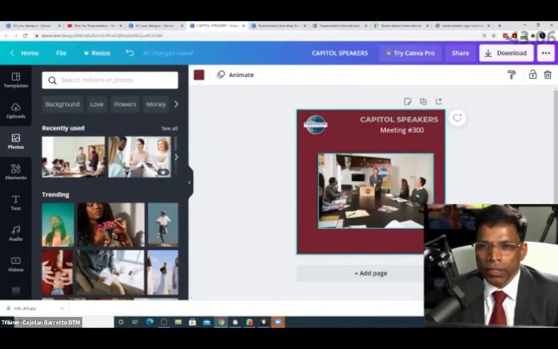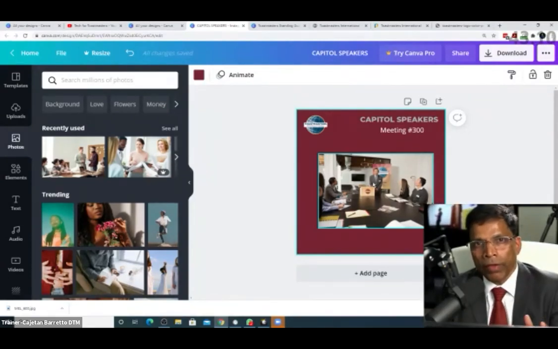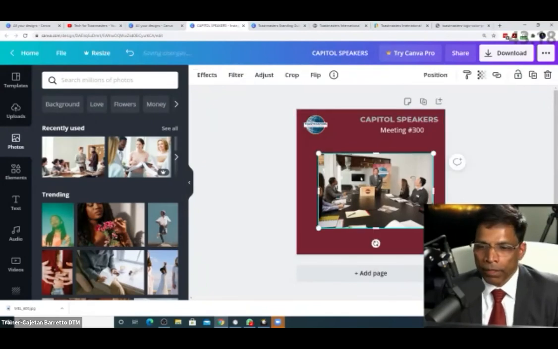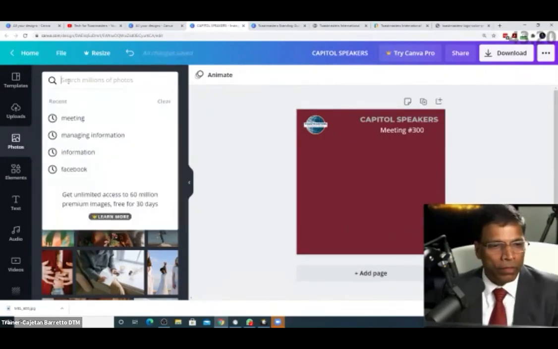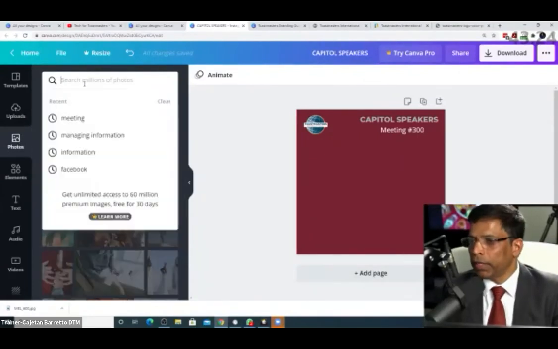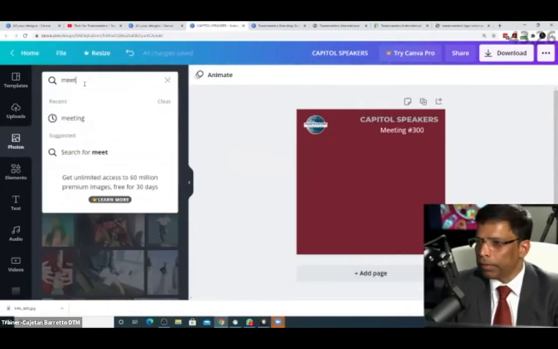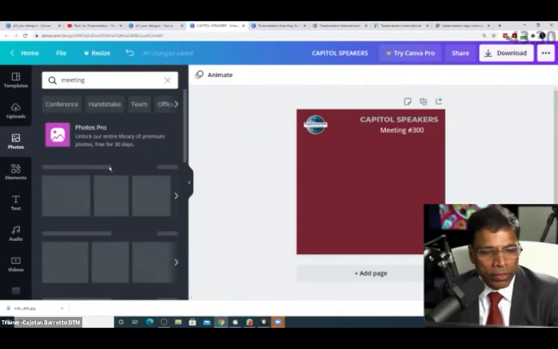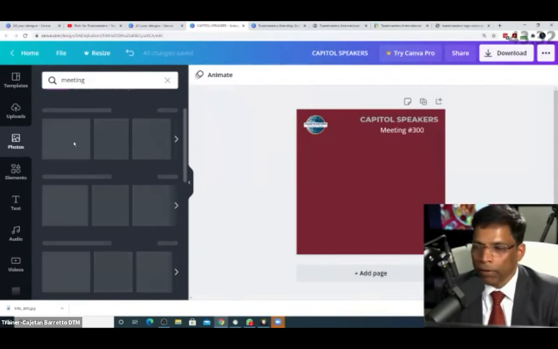And when I say Toastmaster brand compliant, what I mean is that it should convey engagement, it should convey positivity, networking, and so forth. So let me give you an example. I can click on photos here and I can search, let's say, for meeting, and it will bring up all photos related to meeting on the left-hand side.